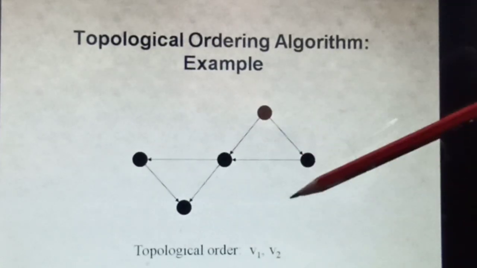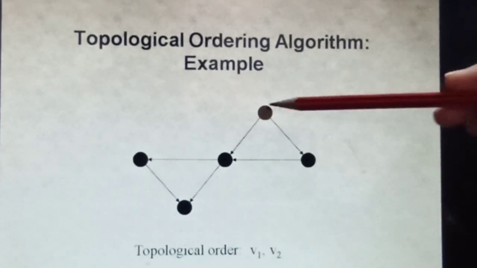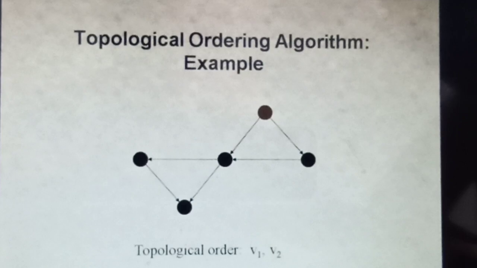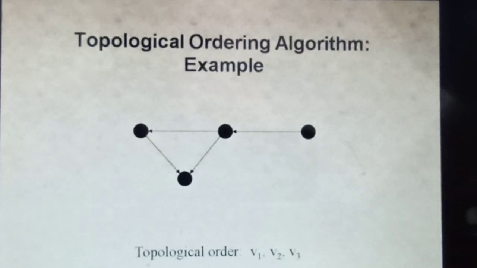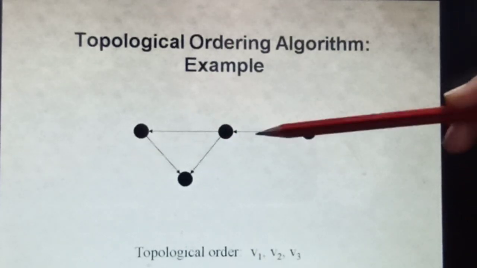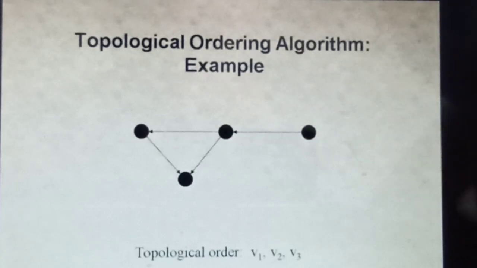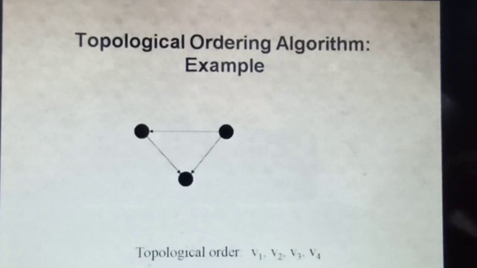Now in this remaining graph here, if you see, this is the vertex which has no incoming edges, only outgoing edges are present. So mark this as V3 and delete it along with all outgoing edges. The third vertex is deleted. Next, if you see, this is the next vertex which has only outgoing edges, no incoming edge. So mark it as V4, delete it along with all outgoing edges. The V4 is noted here.